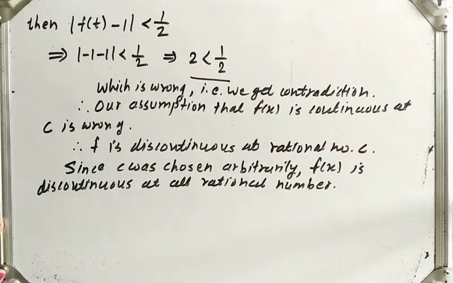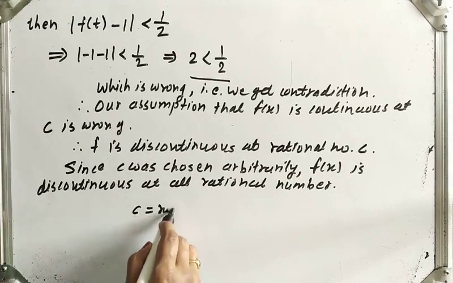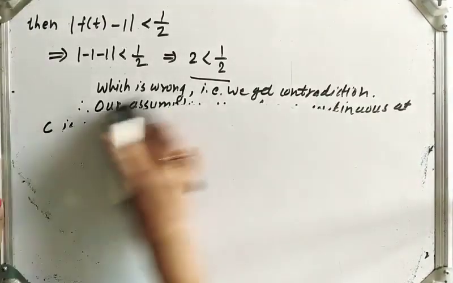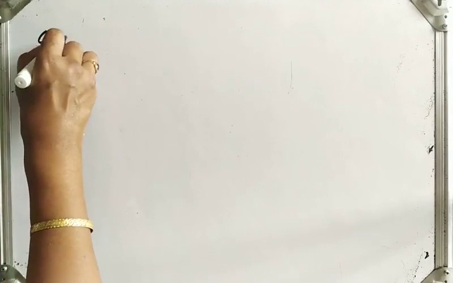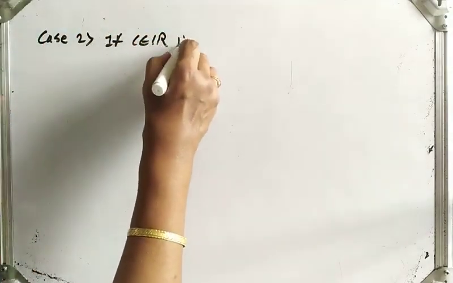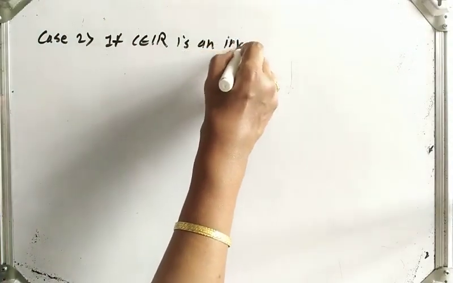Okay, this is the first case when we assume that our c is rational. So in a similar manner, we can prove that if c is irrational, then also the function is discontinuous at that irrational number. That is case 2. We can write it, if c belongs to R is an irrational number,